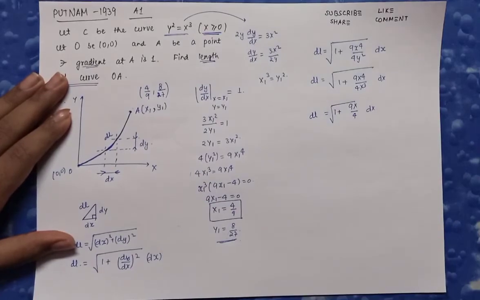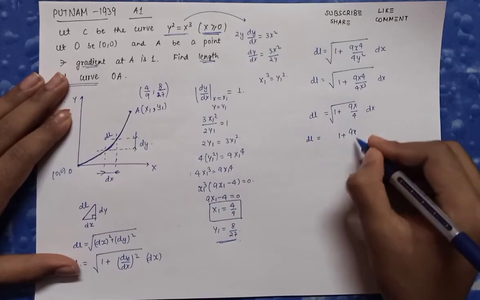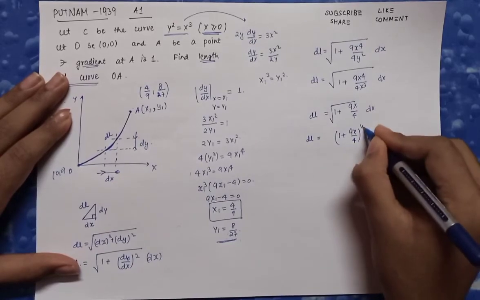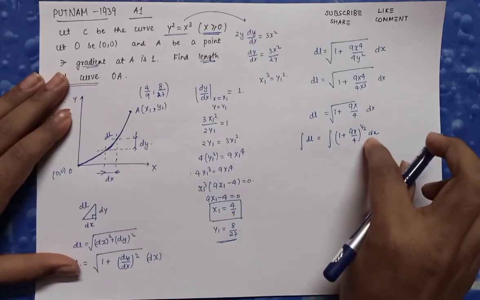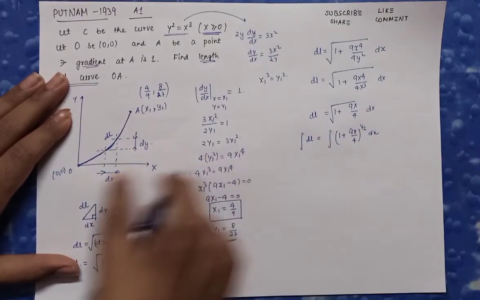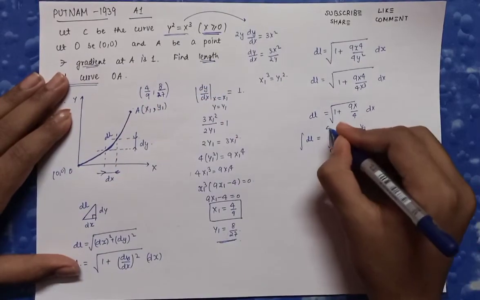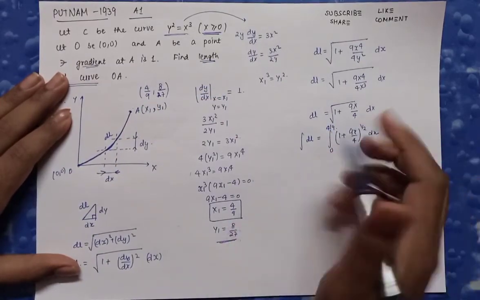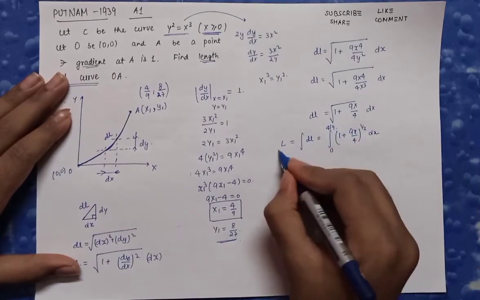So what I'm going to do now is, first of all, write it neatly: 1 plus 9x by 4 whole raised to the power 1 by 2 dx, and integrate it, because the variable is only in terms of x, and x varies from 0 to 4 by 9. So we are supposed to integrate from 0 to 4 by 9, and we will get the required